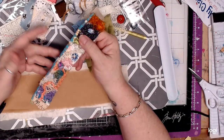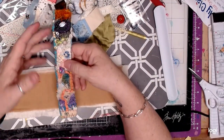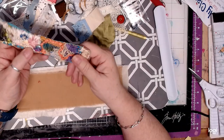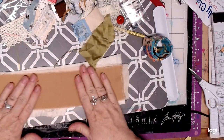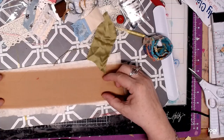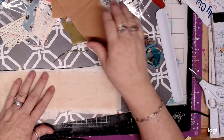And you know what? If you don't like it, that's okay. Put the backing on it. Leave it flat. Don't make it a bracelet. Make it a bookmark. Make it the spine of your book. And then you still have a bracelet to try it again. You might have to find some different fabric for the backing. But if I just marked my lines on here right smack in the middle, I would guess that on most of them there's probably enough to do,